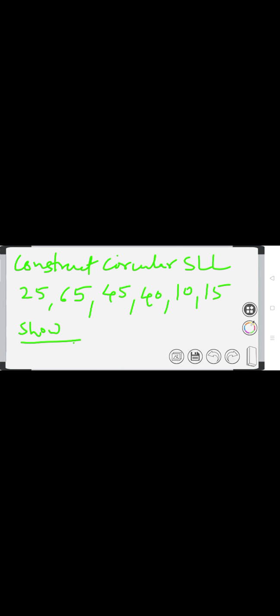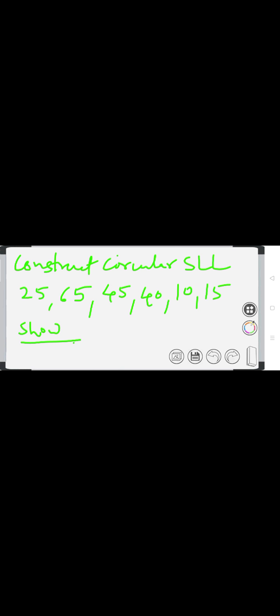So I will repeat this question. The question is, construct a circular singly linked list with the following data fields. The data fields are 25, 65, 45, 40, 10, 15. Next, show the step by step procedure for construction of the circular singly linked list.